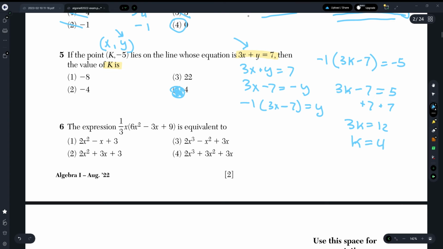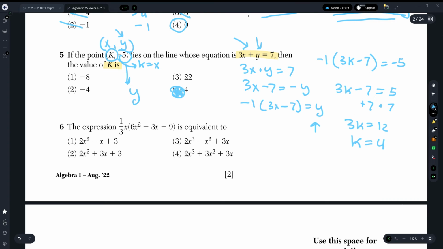If you don't want to convert it into y, all you could have done was just plug negative 5 as y and plug k as x and solve for k that way. But the takeaway is that this was our x value, and thus we had to plug this in and set k equal to x, or just plug k where x was, and we had to set this negative 5 as